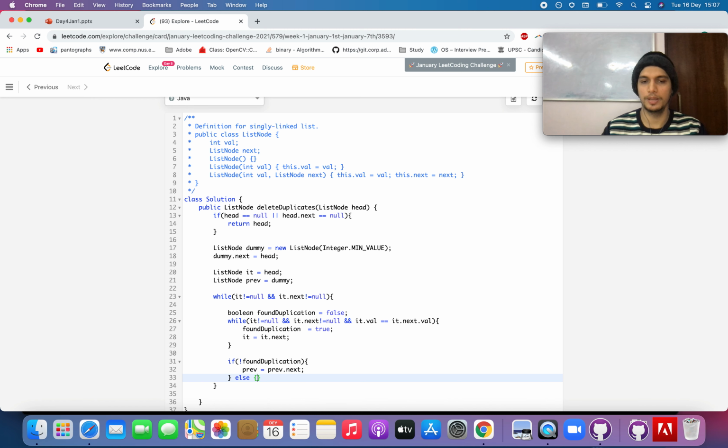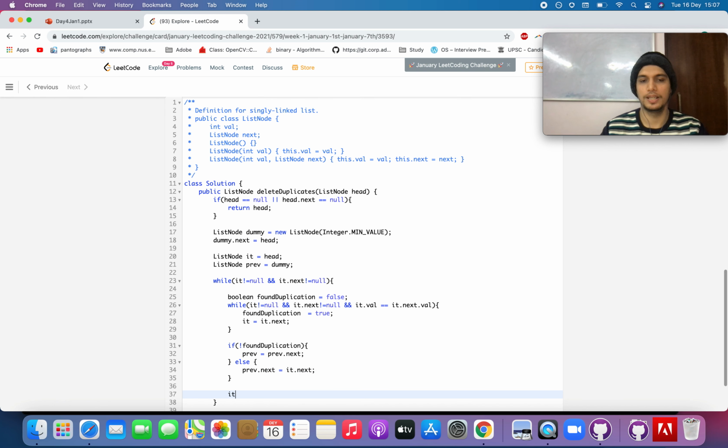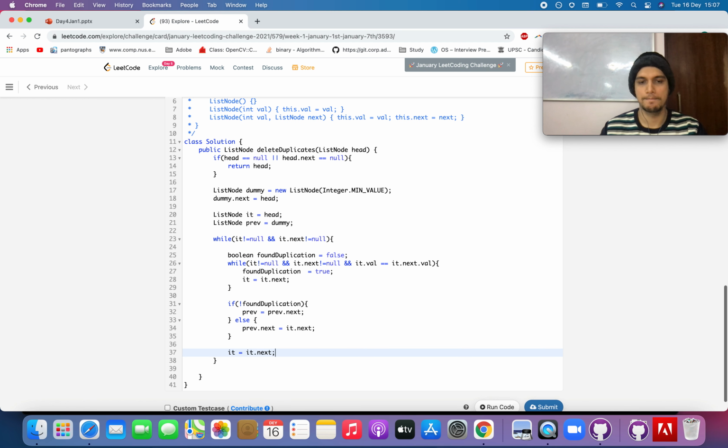Otherwise, if we found duplication, then previous.next equals it.next, and simply the current iterator points to the next value. In the regular case, this is for making sure that the iterator is moving all the time. Once we are done with the loop, we'll return dummy.next.